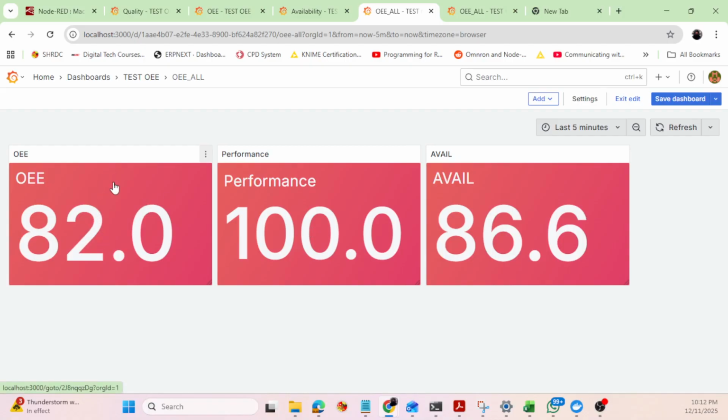Right, but for OEE, if I mouse over here, you can see there's a hand, and then it will display OEE chart. And if I mouse over to avail as well, there's a hand, I think, but there's no display. Maybe I forgot to put availability chart. Right, so what happened is if I press at OEE chart,